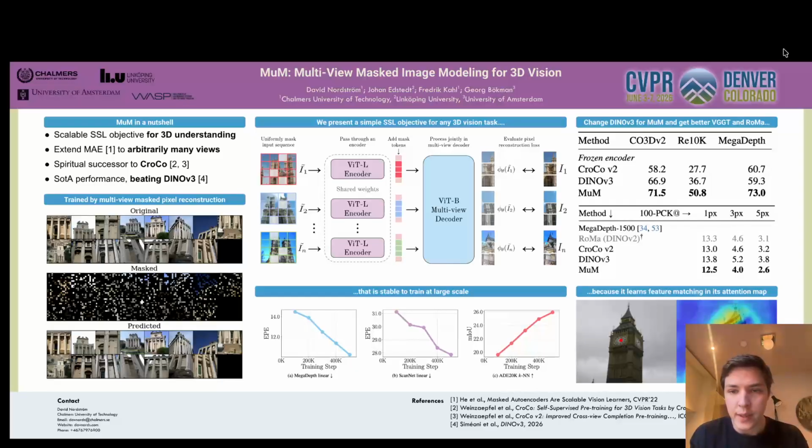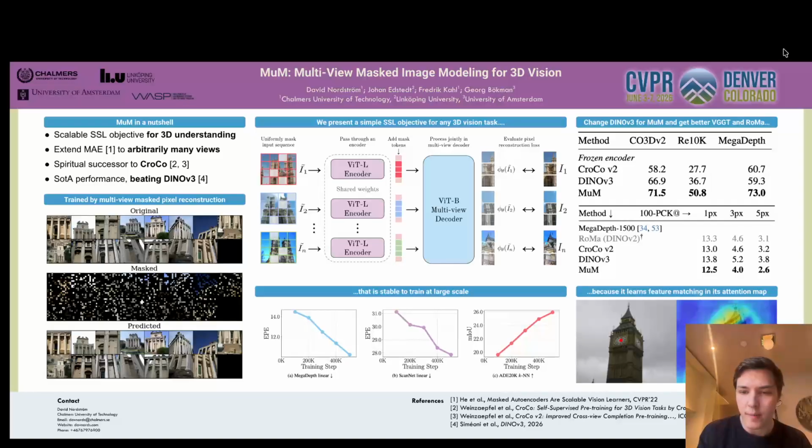We try out DINOv3, CroCo v2, and MuM, but in a slightly smaller setup with a frozen encoder and less compute. But in that context, MuM outperforms DINOv3,